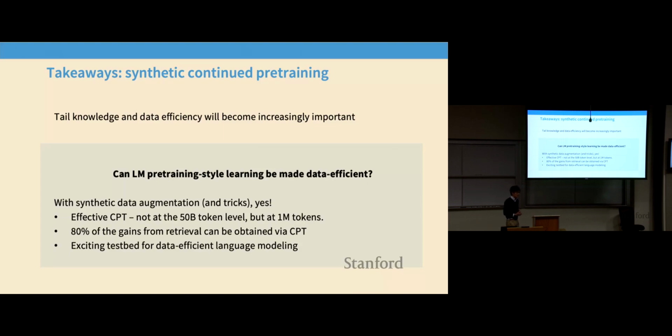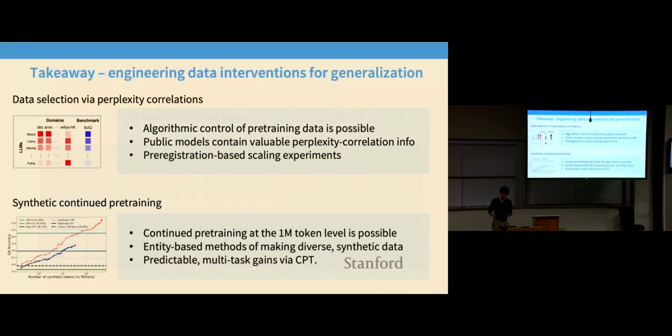And if you're really interested in pre-training data efficiency research, I think one thing that I didn't talk about, but I'm personally really excited about, is that this setting of doing continued pre-training in a data-efficient way is also a really good toy model for thinking about the future of language modeling, where we're going to eventually run out of high-quality internet data, right? When that happens, we're going to have to rely on techniques like this to get more data-efficient ways of learning from the same number of tokens, right? So I think this is a really interesting place to mess around and do algorithmic development and think deeply about how we make these models work.